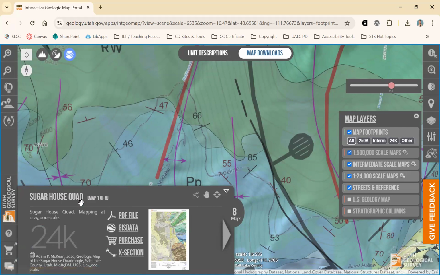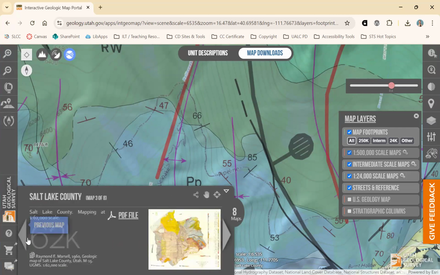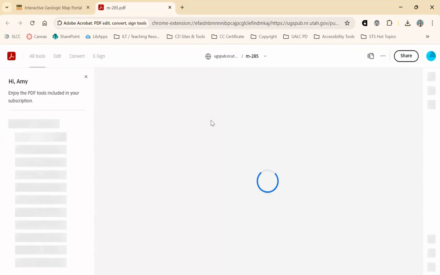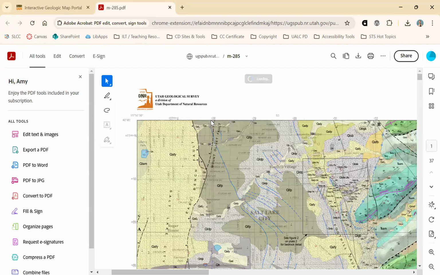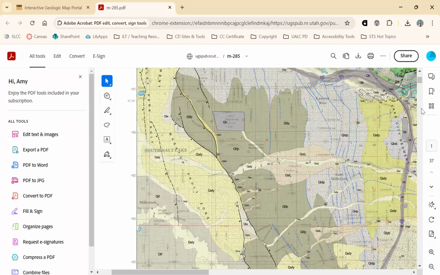It is going to show you the most specific option first, in this case, the Sugar House Quad. The next one is going to be the Salt Lake City Wasatch Front, Salt Lake County, right? So it's getting bigger. So typically you want to start with this first one. When I open up the PDF, I see the first page has our map,